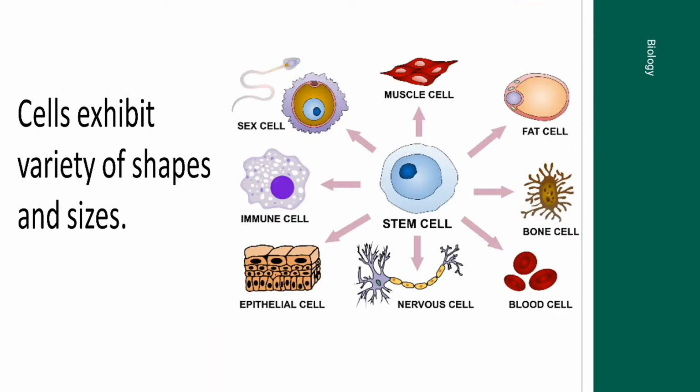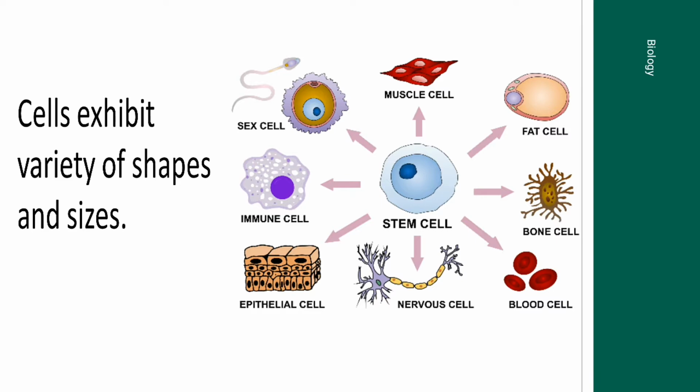Then in this aspect of cell, they say that cell can exhibit varieties of shapes and size. One of the shapes of a cell can be a round shape, a square shape, a rectangular shape, a star shape, just like what we have in the diagram here. The sex cell has a circular shape. We also have a blood cell, a circular shape. We also have the flat cell, also circular. And in the aspect of the epithelial cell, which is found in the skin,